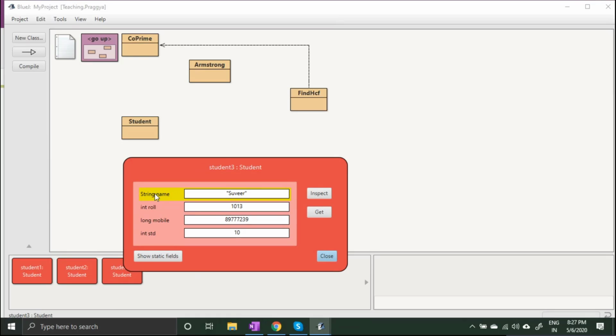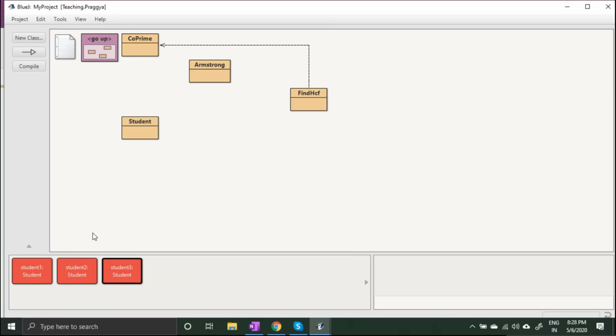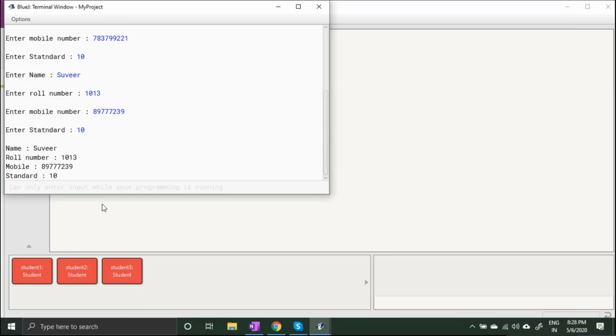But see the instance variables. The variables are common in all of them. Got the point. Now if I call the print data of the third student, it will print the information of the third student. See, name Suvir, roll number 1013, mobile is 89777239, and the standard is 10.